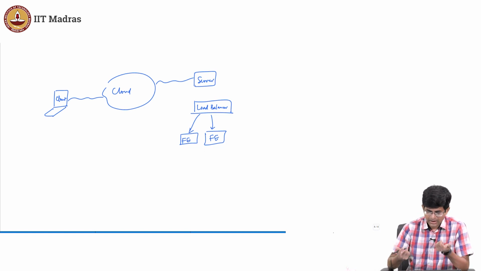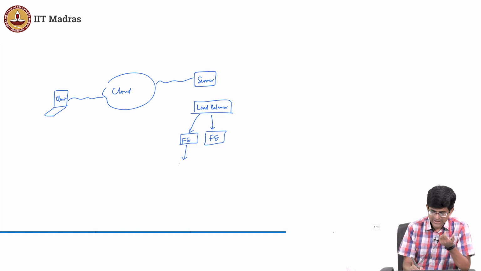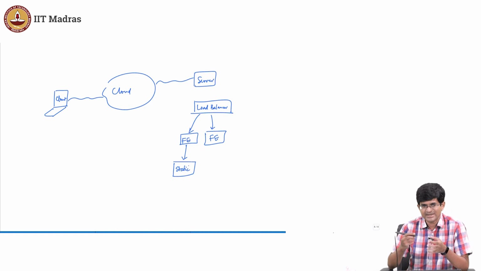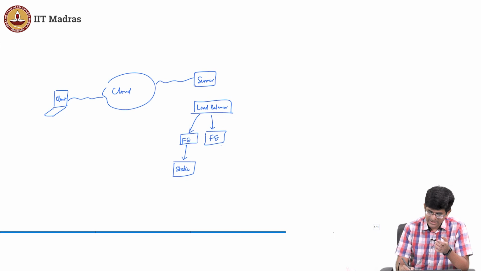Okay. Now this front end, for example, might be just dealing with static files. What do I mean by static files? It could be JavaScript, it could be CSS, it could be plain HTML files, it could be PDF files, MP4, but something which doesn't need any computation. It's just there on the file system, pick it up and throw it back, okay? Whereas this might be something which is actually doing some business logic, and more importantly is also interacting with a database,